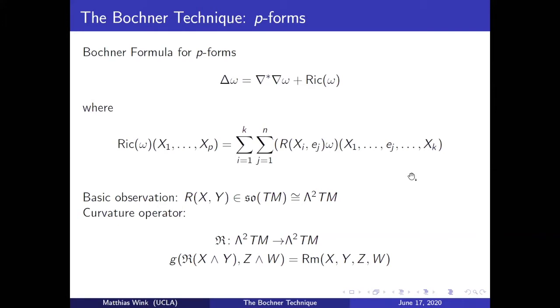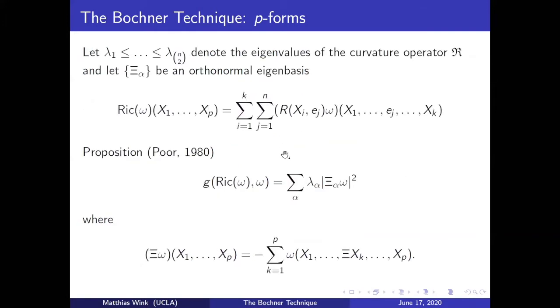Okay, so now once and for all for this talk, we want a fixed notation. Lambda 1 through lambda n choose 2: these are going to denote the eigenvalues of the curvature operator of our Riemannian manifold. And the C alphas are going to be an orthonormal eigenbasis of the curvature operator. Okay, and we've noted we can identify wedge 2 with skew-symmetric linear maps. And the following goes back to Pöor in the 80s. And his idea was, okay,